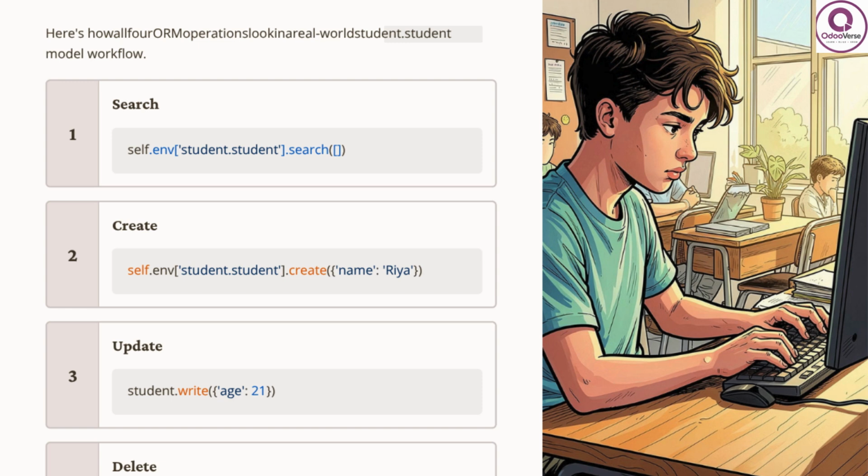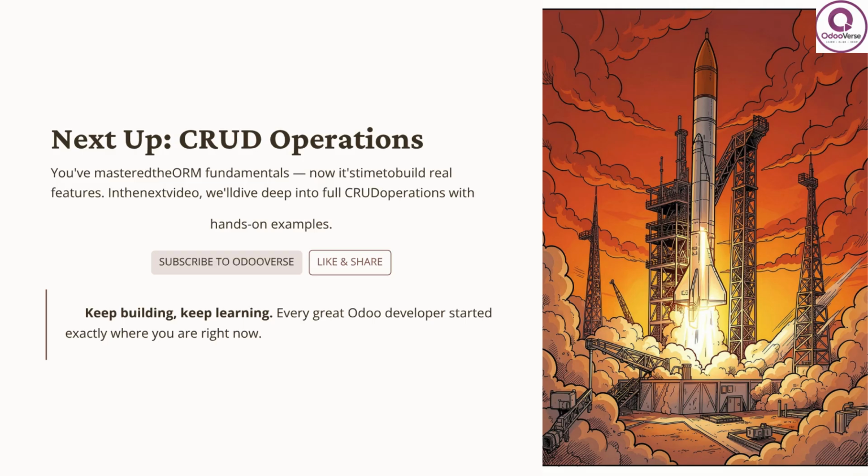Now let's see all ORM operations together in a real example. First, search records using search. Second, create new student records using create. Third, update existing records using write. And finally, delete records using unlink. These four operations together form the core CRUD workflow in Odoo development. So today we learned what ORM is, why Odoo uses ORM, self.env, search, create,